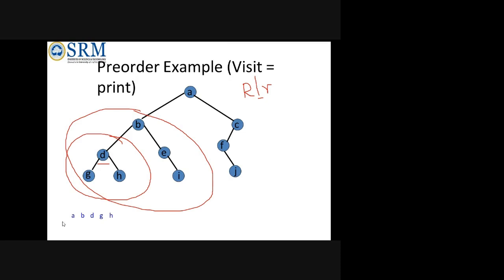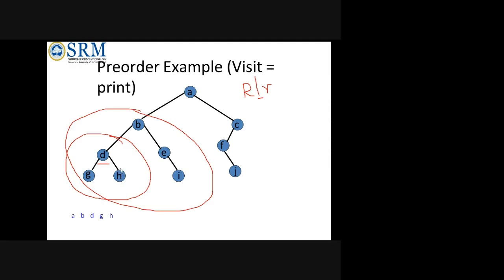Okay. So A, B, D, G. It has come to this part. Now what happens? Now it will check for G also, whether it has a left and right child. But G does not have a left and right child. It will be pointed to null. In that case, it will go again to the right node, because now D is printed and it knows that the root has been taken. G's left is also taken. Now it will come to H.